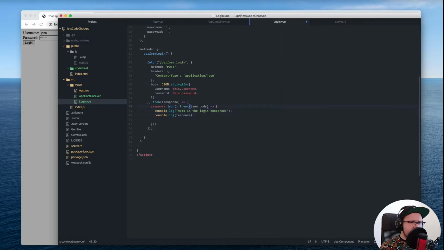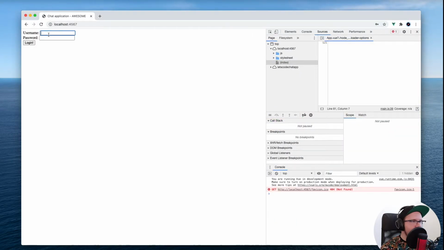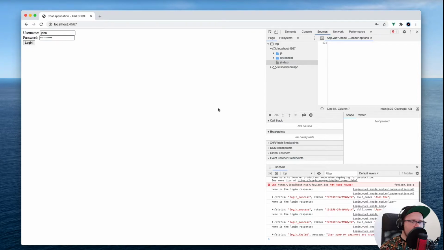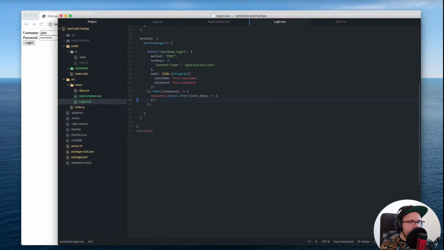Here is the login response, and then I'm gonna write in here JSON body. So John's secret goes like login success, no matter how many times I do that. And if I type in the wrong password, login failed, username or password wrong. Cool, so now I wanna deal with that and say that if JSON body.status,